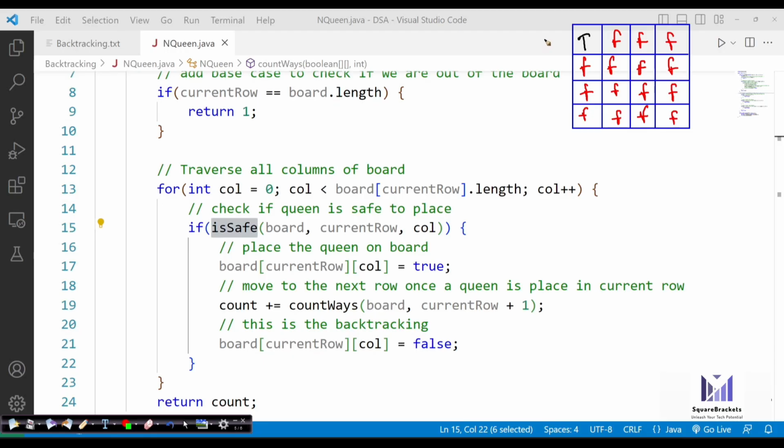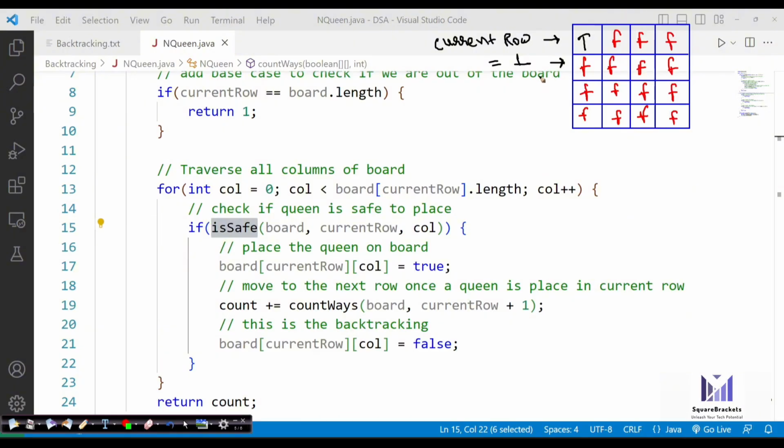Now once a queen is placed in my current row, right now the current row was 0, it becomes 1, because it will increment the current row by 1 and then the loop will restart for the next row. Now we are in this row.